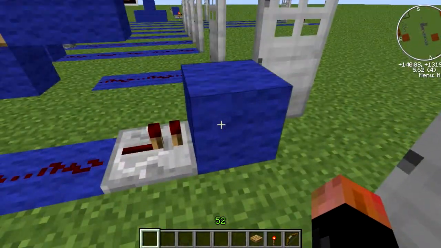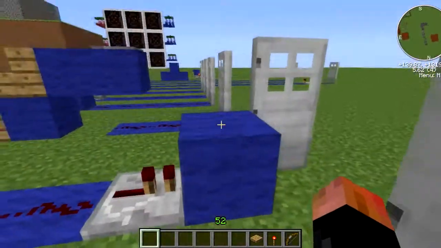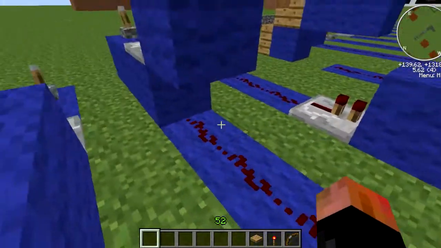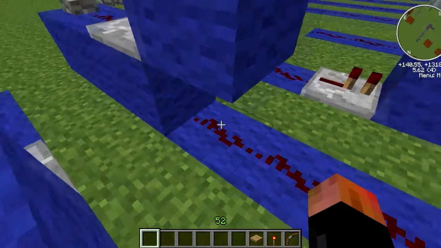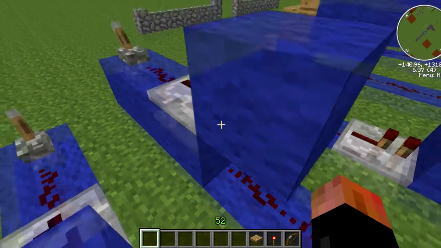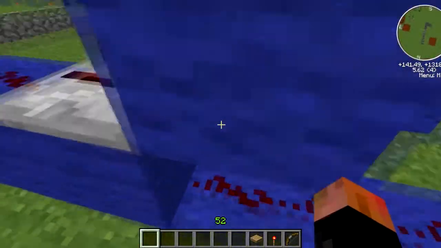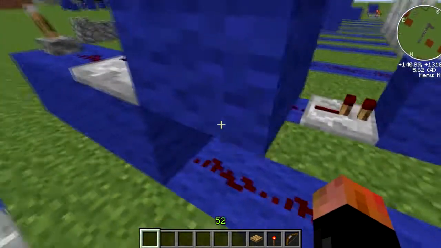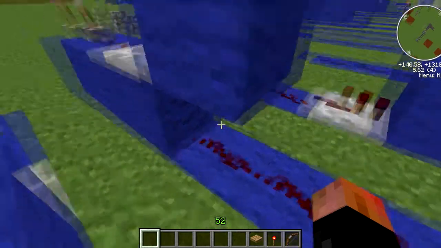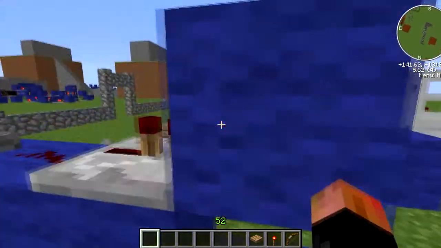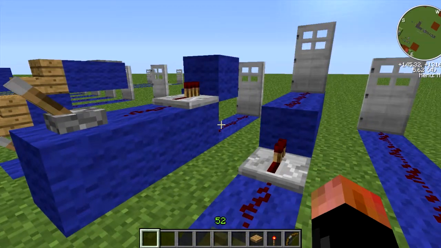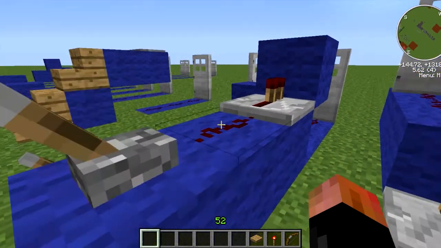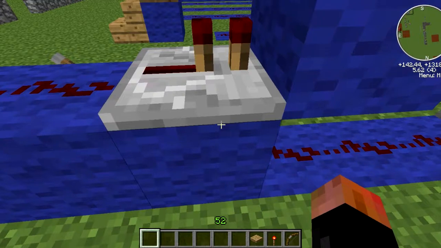So as I explained with pressure plates, whenever a block is powered like this with a repeater, the blocks around it and under it, not on top but under, well, you'll see, but whenever a repeater powers a block, it acts just as if there's a pressure plate on that block or a button or whatever it may be, and it will be able to power this redstone underneath the block, which allows for good movement of redstone effectively without having to use just a regular